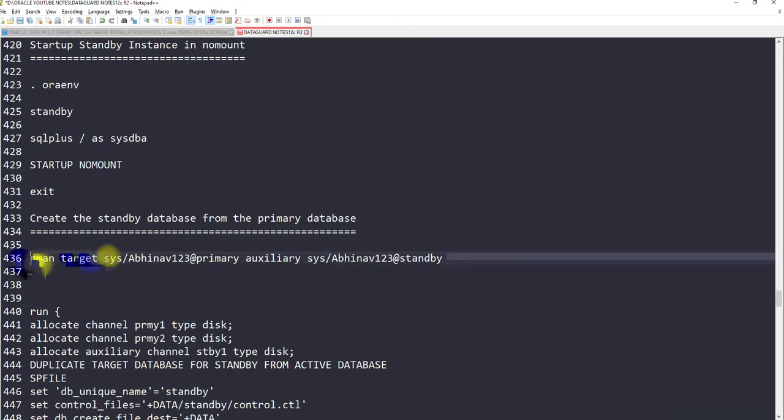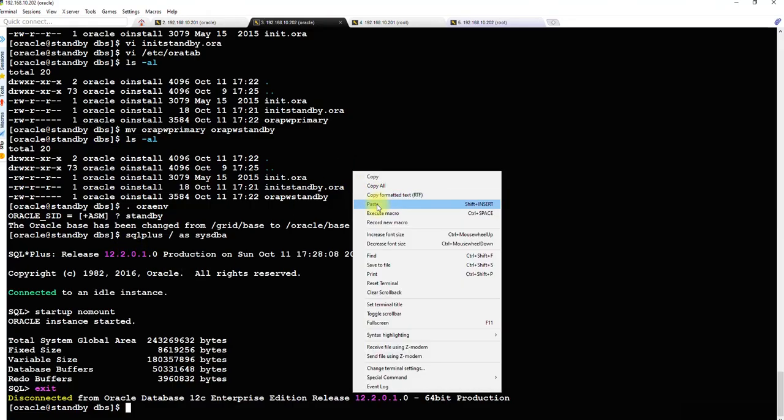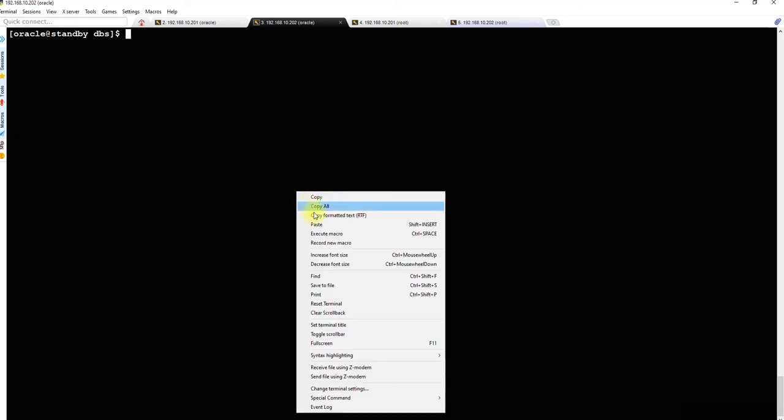So we are saying rman target sys using the TNS name descriptor primary. Our target, from where the duplication will start, is the primary database, okay. So we are saying rman target using the sys password and the TNS descriptor, and the auxiliary will be this current database, the standby database. I'll clear the screen and then run.